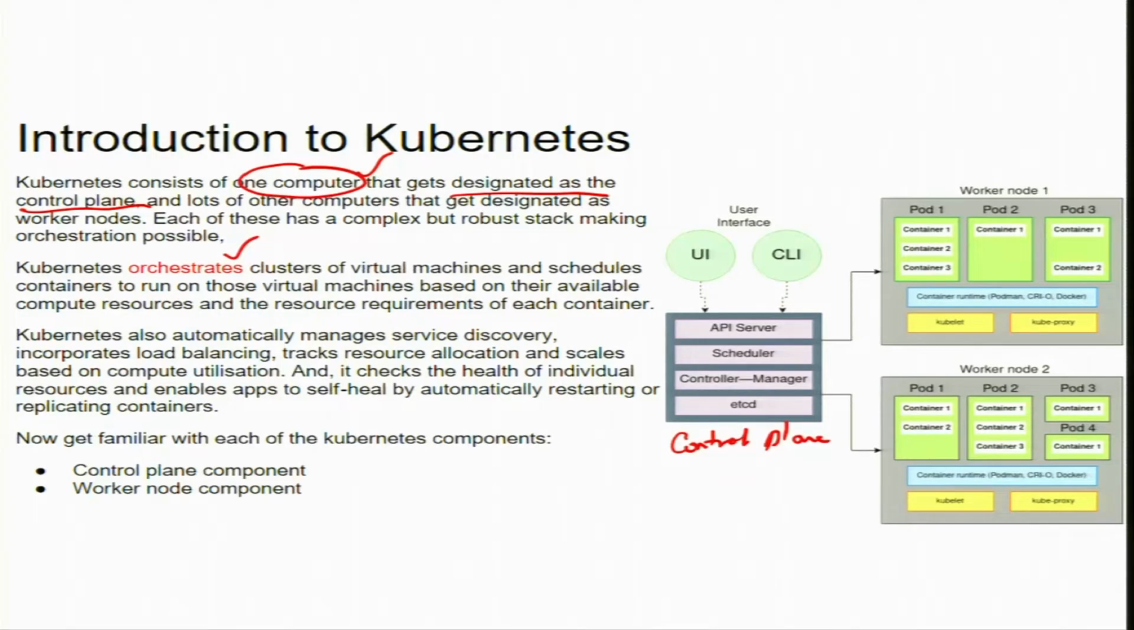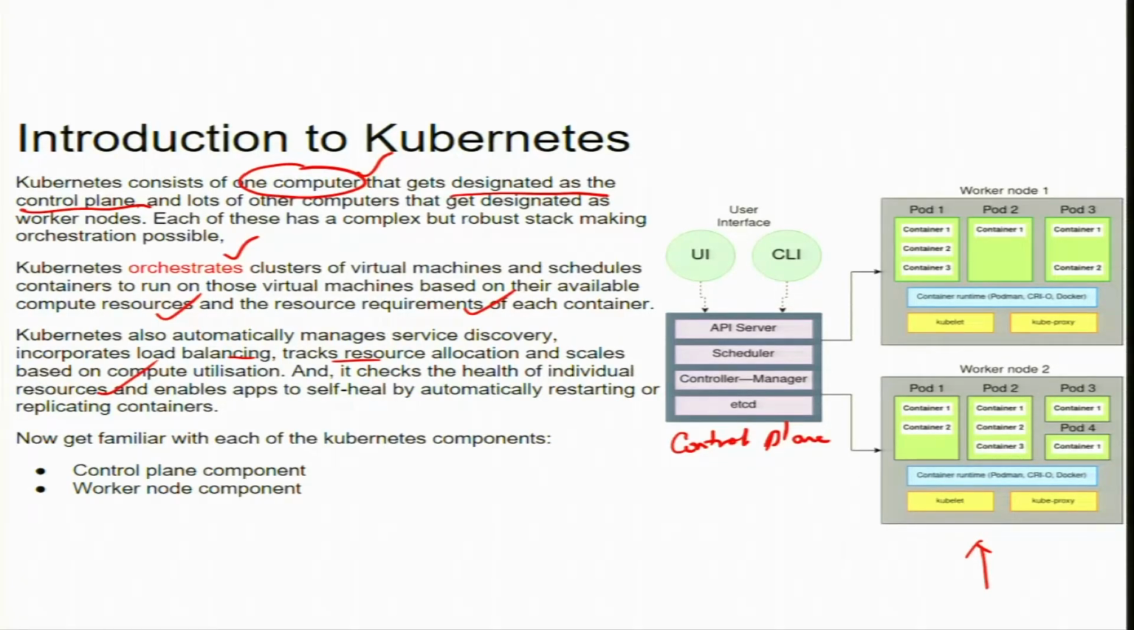You can see here, this is the cluster of virtual machines which is running these worker nodes, and Kubernetes schedules the containers to run on those virtual machines based on their available compute resources and the resource requirement of each container. Kubernetes automatically manages the service directory, incorporates load balancing, tracks resource allocation, and scales based on compute utilization. It also checks the health of the individual resources,